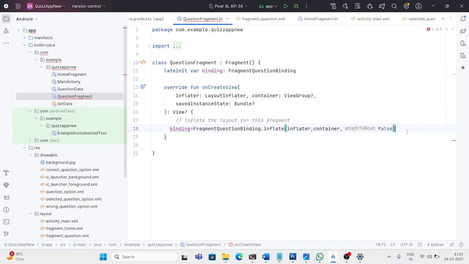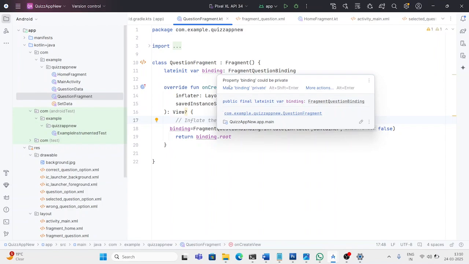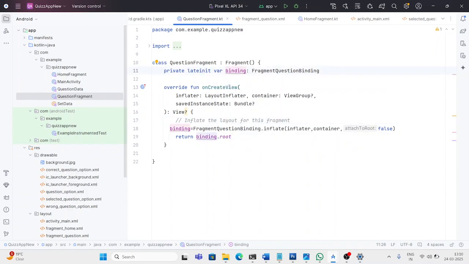Now let's return this. It will return binding.root, and let's make it private over here. Now inside this,